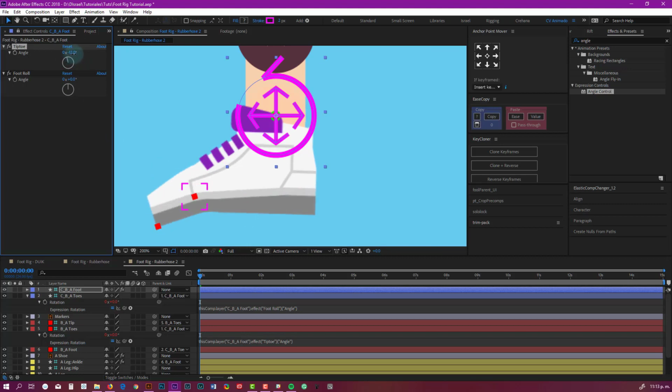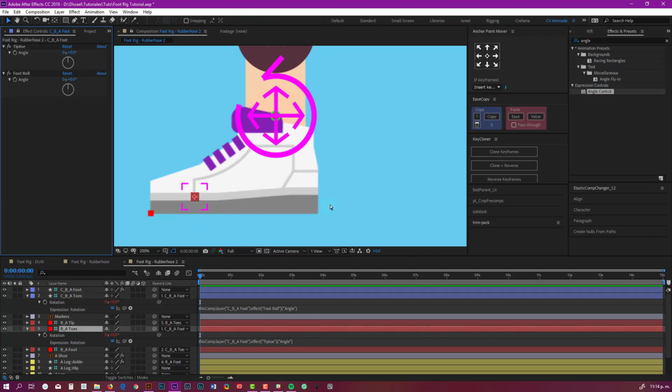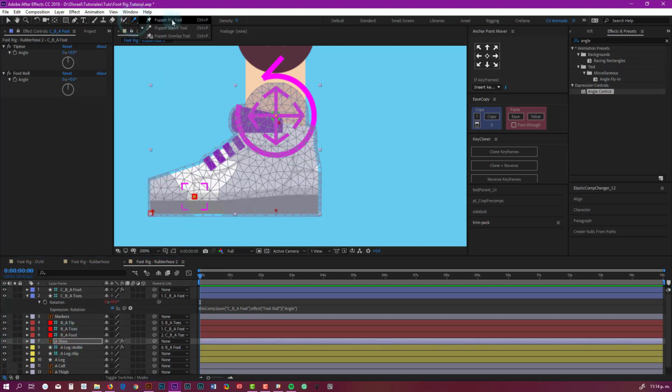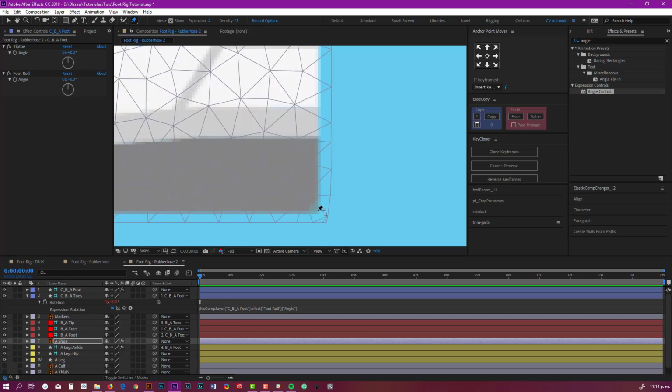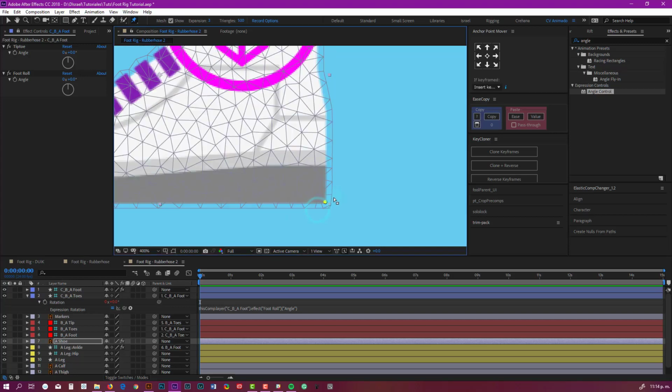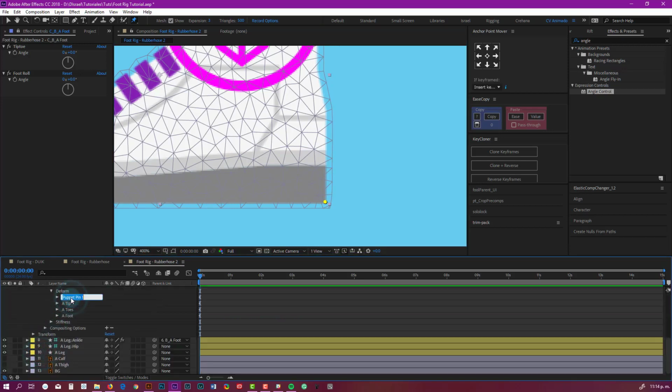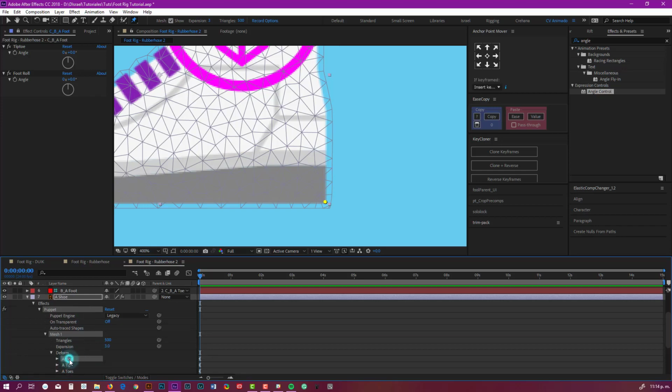Now when we do this, we can see that this is being deformed. If you want to avoid that, we can create a new puppet pin. Let's see, shoe, puppet pin tool. Let's make it. Let's make a new one here. Go here. We can name this a heel, and just select this one